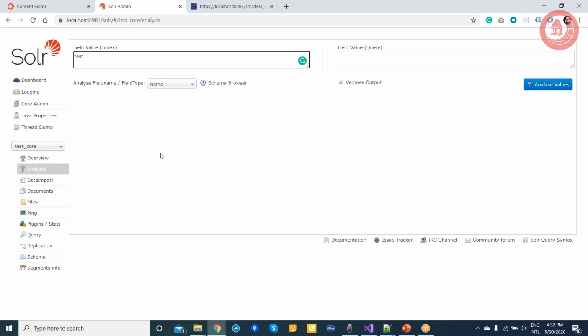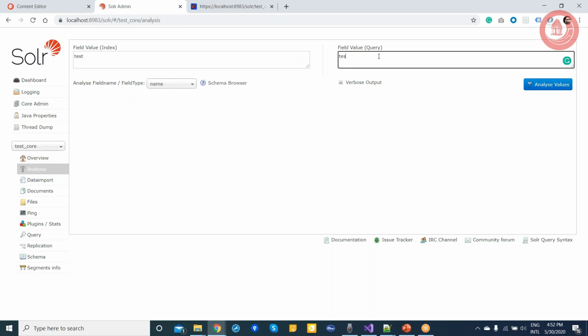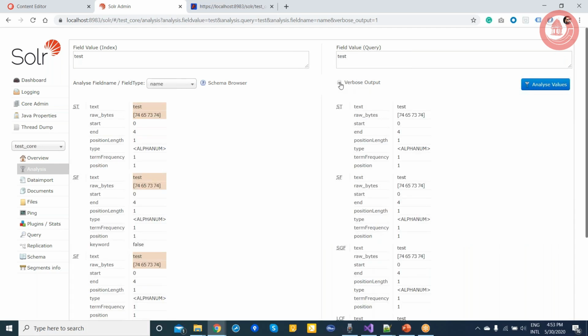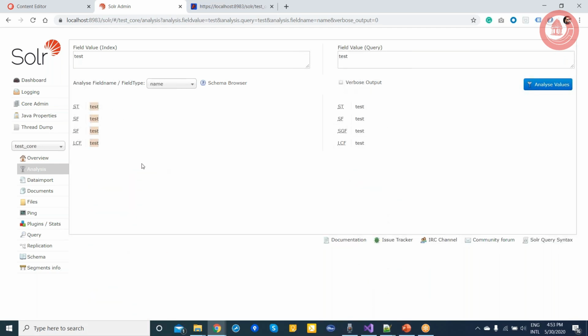It will show you how indexing is working on your Solr, how it indexes your data and generates the tokens. And when you do the query, it will show you how it generated the query. It says when you insert test, it will generate the token as test, and when you search for test, it will match test with test, and it will give you the data.